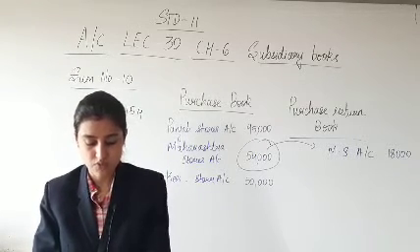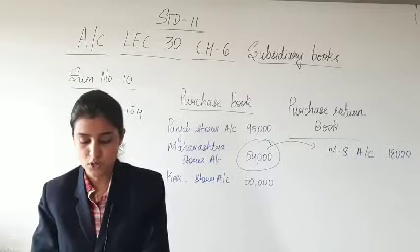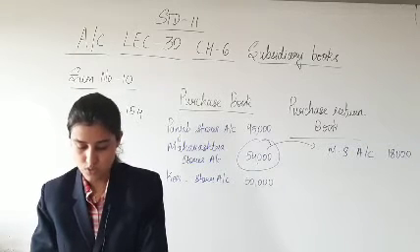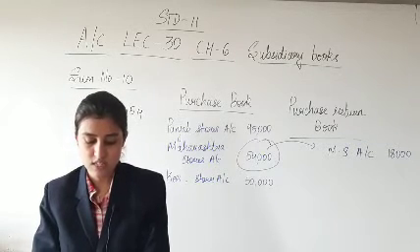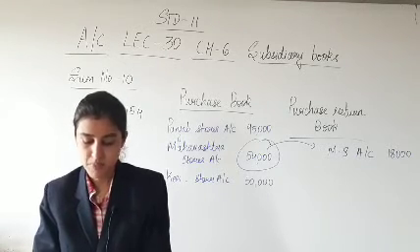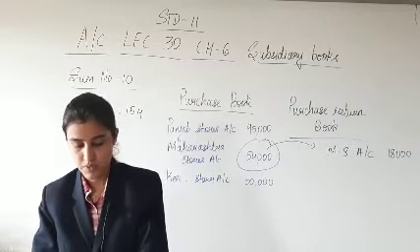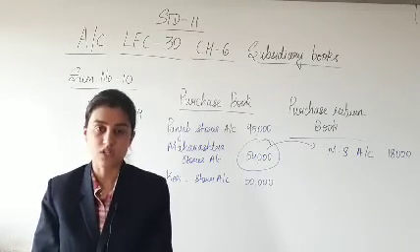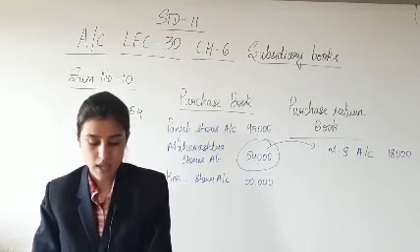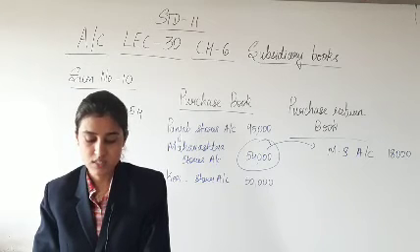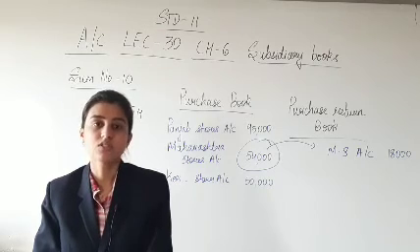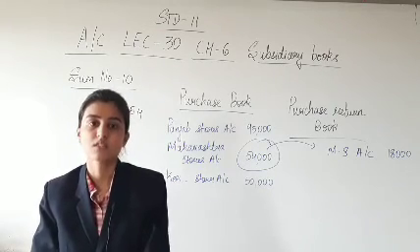Next, on 21st of January, goods purchased of rupees 40,000 at 10% trade discount from Rajasthan Stores. Rajasthan Stores has sent invoice number 160 after adding 5% GST and labor rupees 400. So again, this is the transaction of purchase. The goods have been purchased from Rajasthan Stores and the invoice number 160 has been received after adding 5% GST and labor of rupees 400.